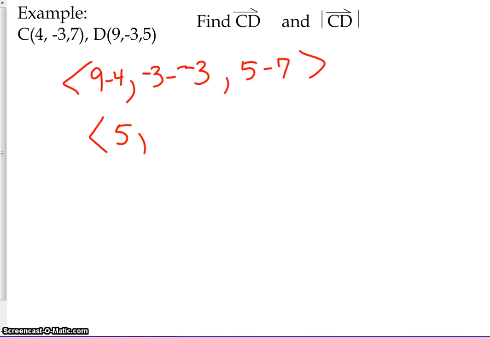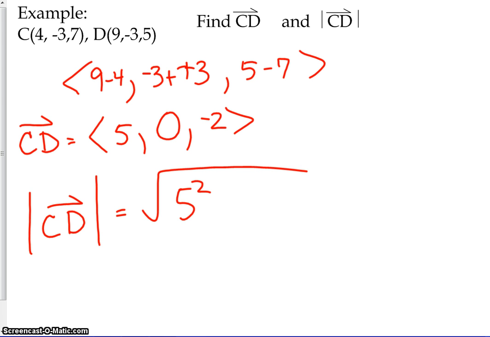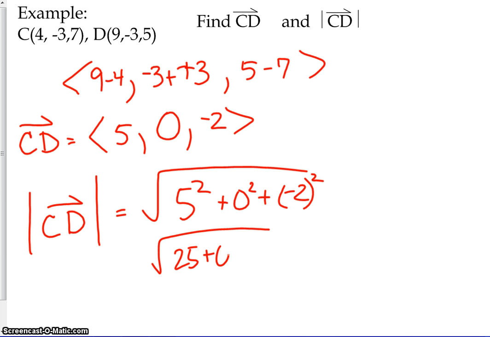And so here this would be 5, this would be a 0, and this would be negative 2 here. All right, so that is my direction for my vector CD. That's my direction. Now we have the magnitude. What's the length here? This is where we just find that square root of what we found our x direction to be plus our y direction plus the absolute value of our z direction. Okay, so here it would be 25 plus 0 plus 4,